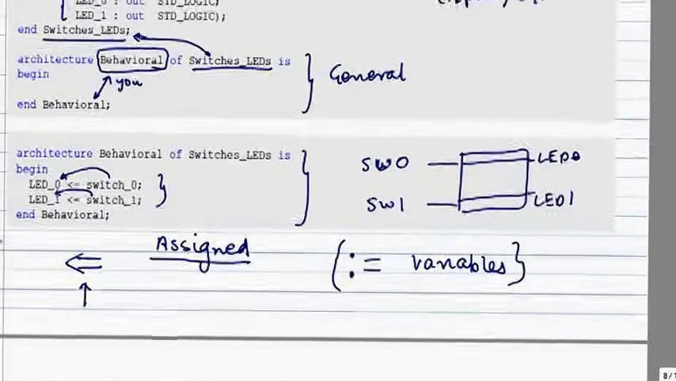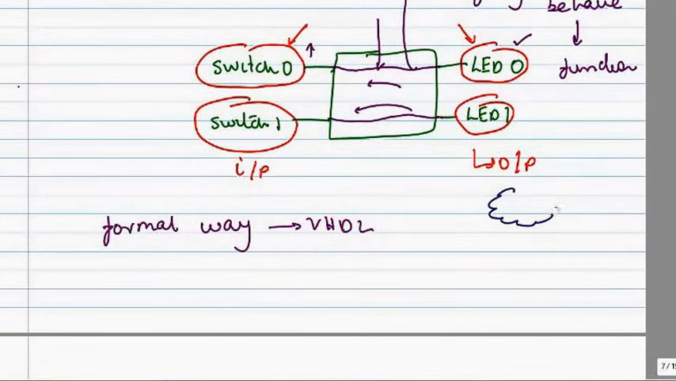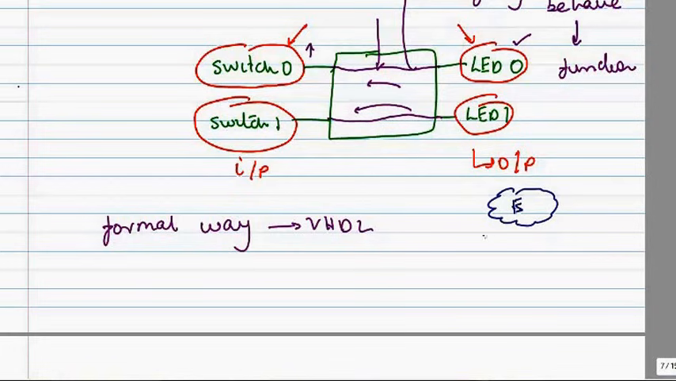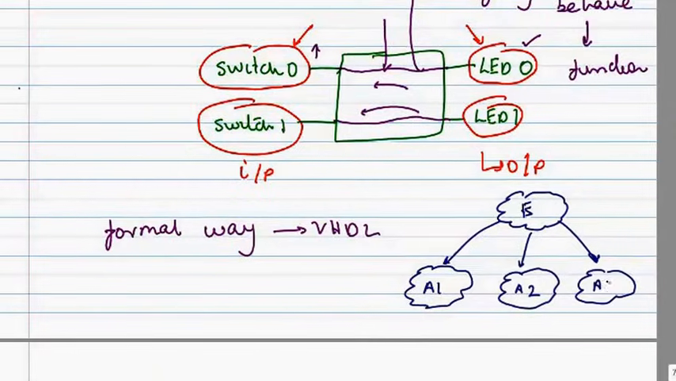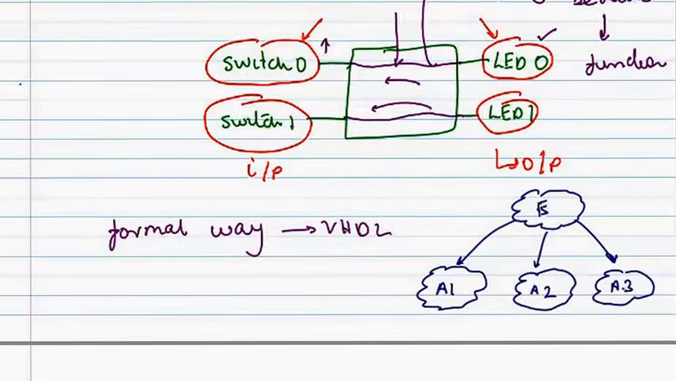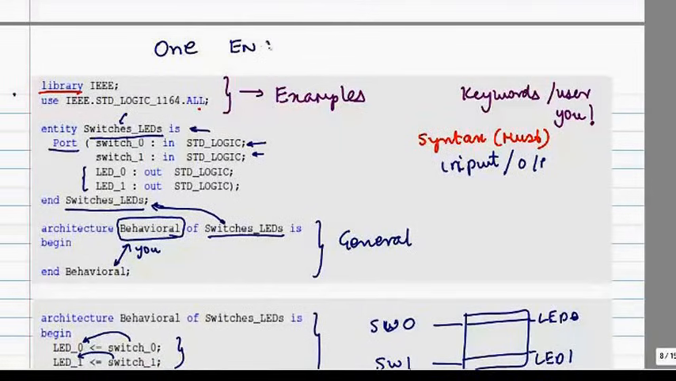Now I would like to mention a quick point here, that if I have one entity, I can map multiple architectures to the same entity in the same VHDL design. As I said, your VHDL design can have only one entity, but it can have multiple architectures. Okay,